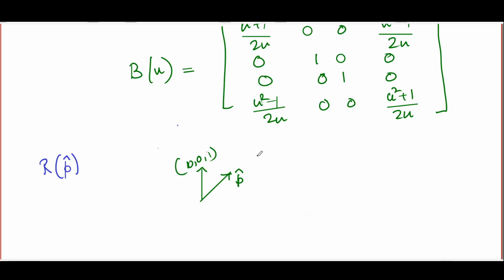This has to be carried to p hat. And one of the easy ways of doing this would be to use spherical polar coordinates for this particular vector p hat. If the polar and azimuthal angles here are theta and phi,